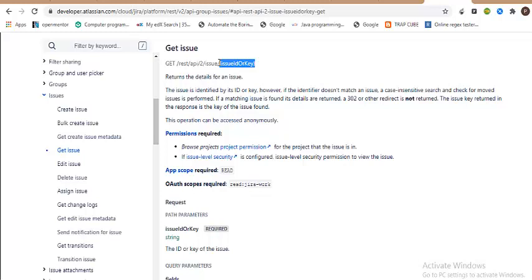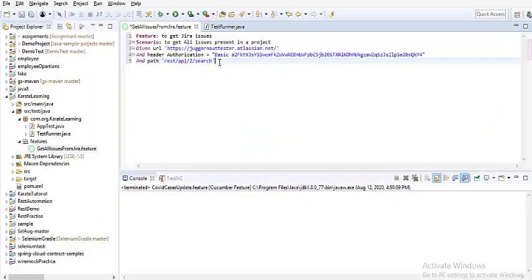So developer.atlassian.com is their developer console, where they have documentation about all the APIs that they support. I will leave this link in the description below. If you are really interested, please go through and read. You can start automating all the Jira actions, such as creating user stories, attaching files, creating bugs, adding descriptions, updating them. So everything can be done through API automation, if you understand the documentation very well and proceed. Yeah, so this is my path parameter, and given I have a URL, and header and authorization are a couple of keywords.